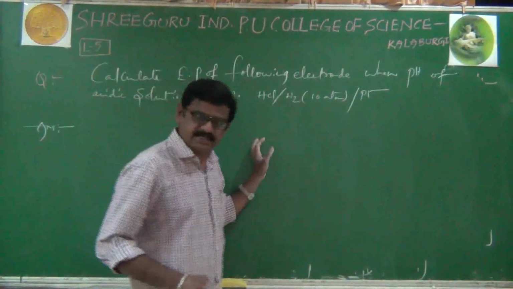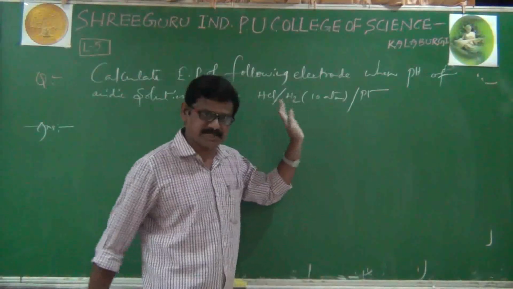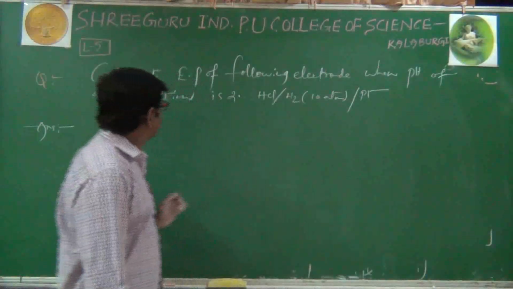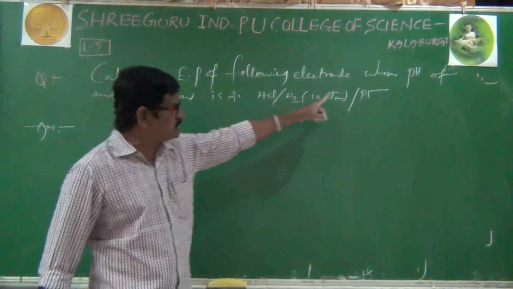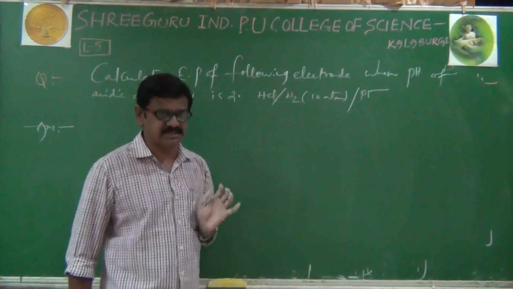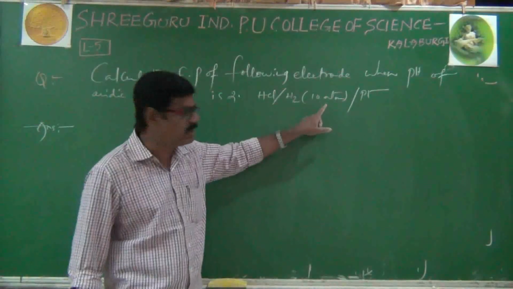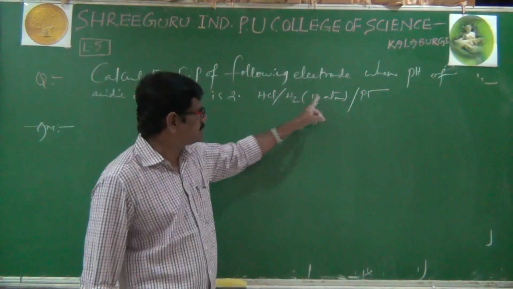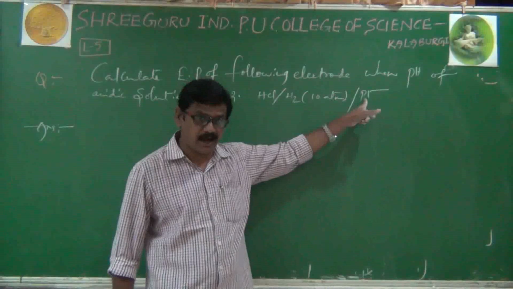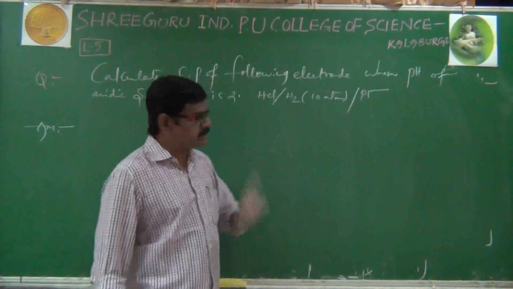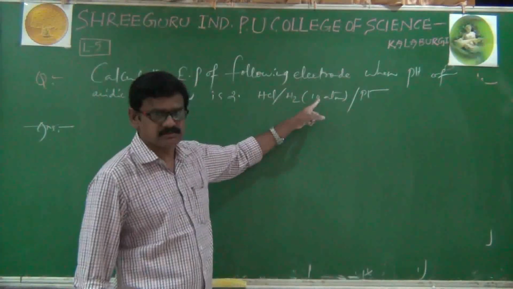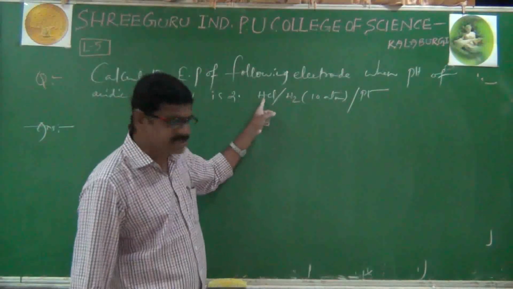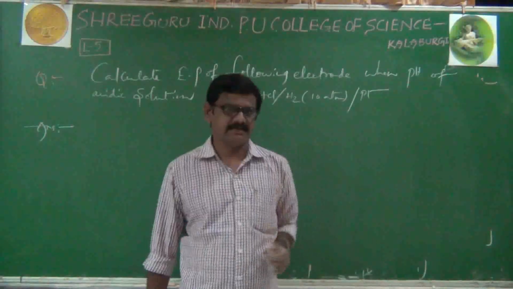See here, today's class is mostly a problem-based class only. Please try to concentrate more. See here, it is a hydrogen electrode potential based question. Here the pressure is 10 atmospheres because hydrogen is a gas. At 10 atmospheres pressure, hydrogen gas is passing over platinum. One more point is needed. Pressure is known, now the HCl concentration is needed. But in the question, the HCl concentration is given indirectly.